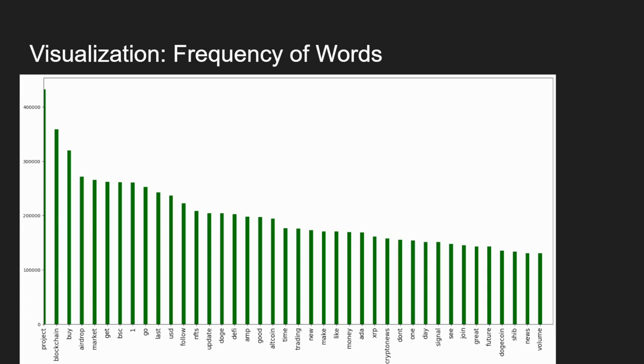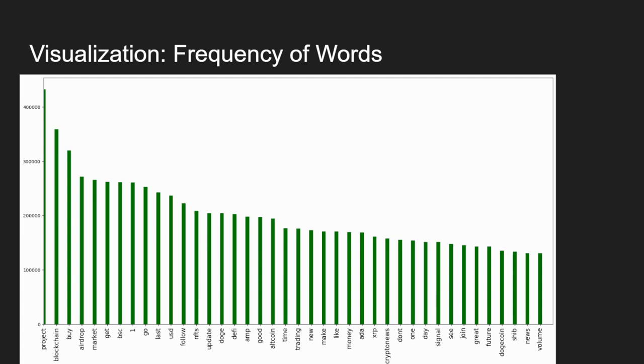So the next visualization I'm actually going to show you will have the stop words and which stop words showed up the most. But after that was removed, you see things like project, blockchain, buy are important words that show up in a lot of different tweets. So you have different things kind of going over the financial side of things, different terminology like that, like buy, market, USD,